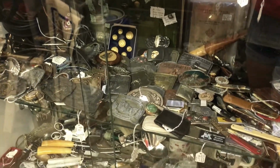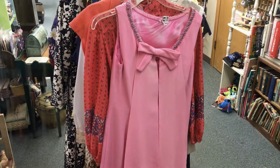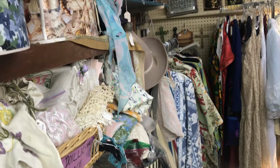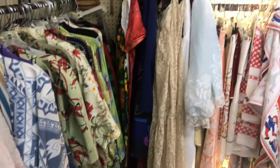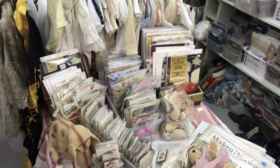Some of them are fairly modern, like really modern. They also have a downstairs, which is pretty cool, and they have a few garments. This pink dress is awesome. It's so 60s, I think, and adorable. They have all these different clothes and a fabric section for doilies and bits of lace and handkerchiefs. They've got a whole doll section,